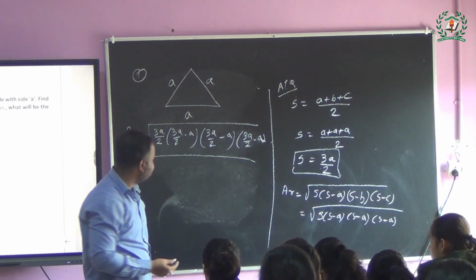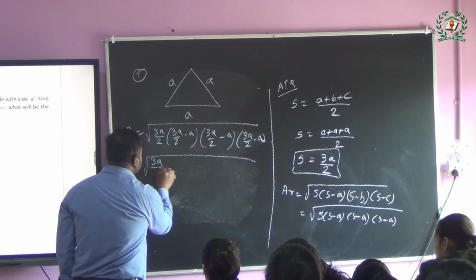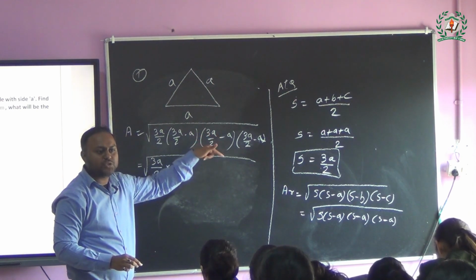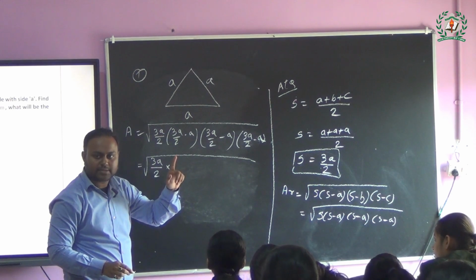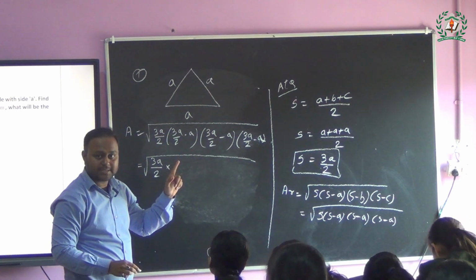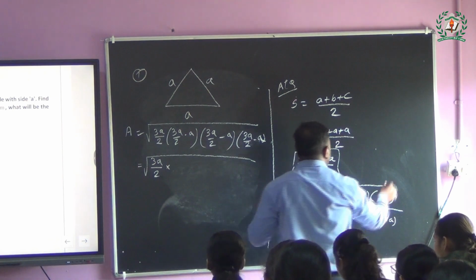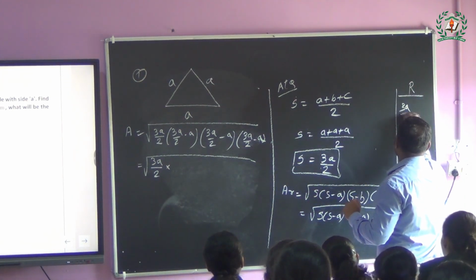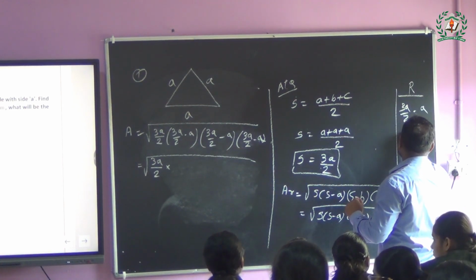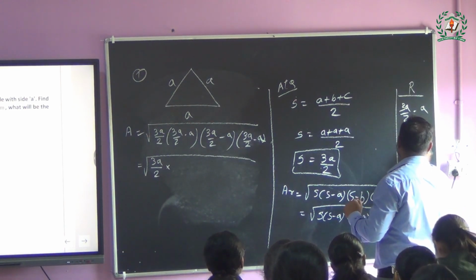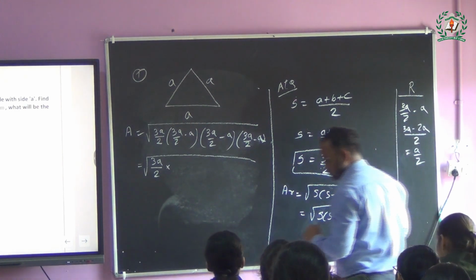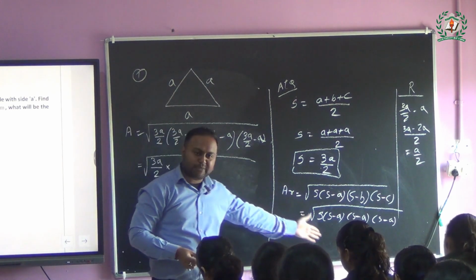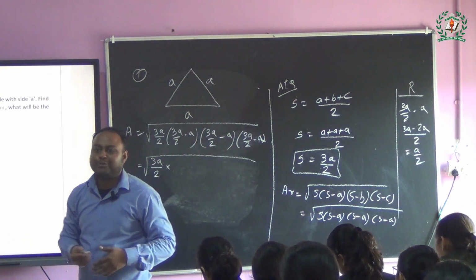Who will tell me? Okay? Let me see. 3A minus 2A equals A by 2. Am I correct? I have to show that part as a rough. You want to calculate as a rough part on the right side of your answer sheet, that is 3A by 2 minus A, that is 3A minus 2A by 2 equals A by 2. As we know, other expressions are the same, so we don't have much worry about the calculation here.